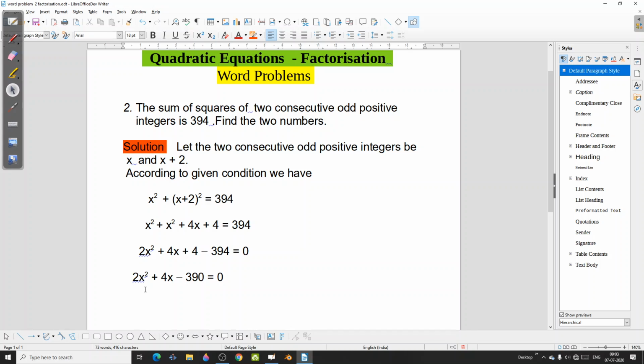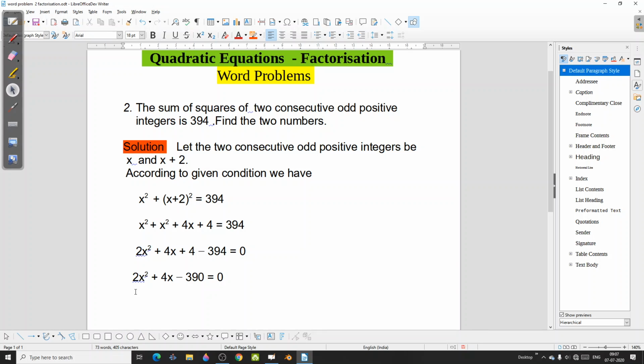Now here all the terms on the left hand side can be divided by 2. Also we know that 0 can be divided by 2. So dividing both sides by 2,